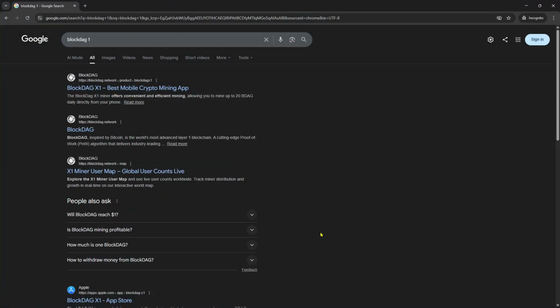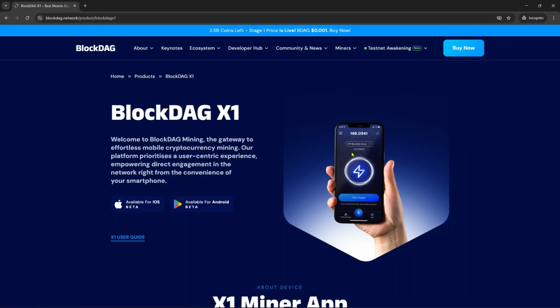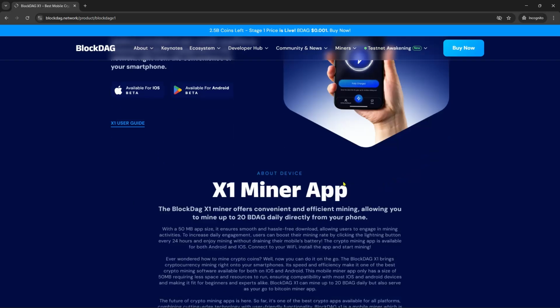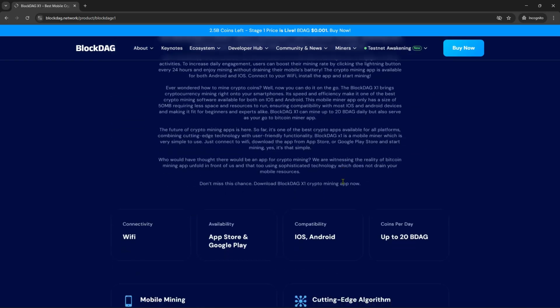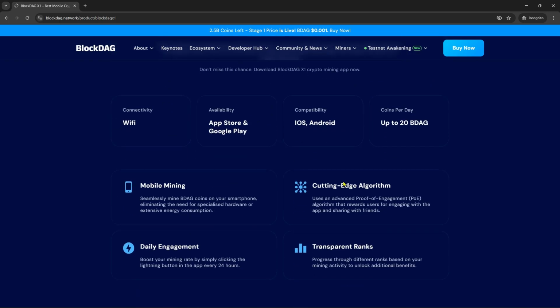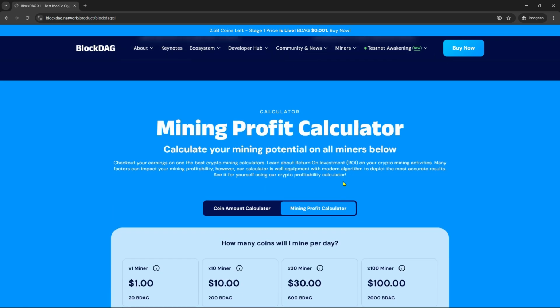In this video we'll be having a quick how to fix the BlockDAG X1 app which is not working properly. So if your BlockDAG X1 app isn't working properly, the good news is there's a simple updated fix you can try. First, you want to ensure that your app is running the latest version, as outdated versions often cause crashes or slow performance. Next, clear the app